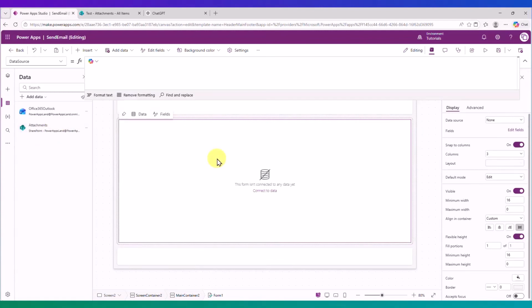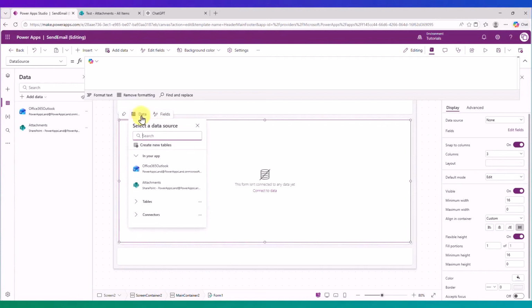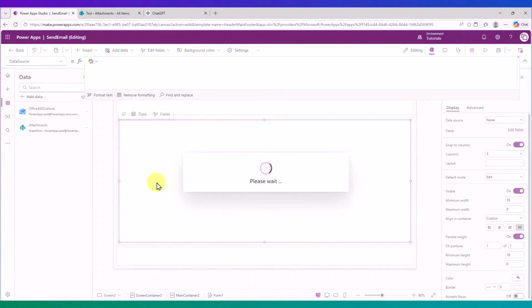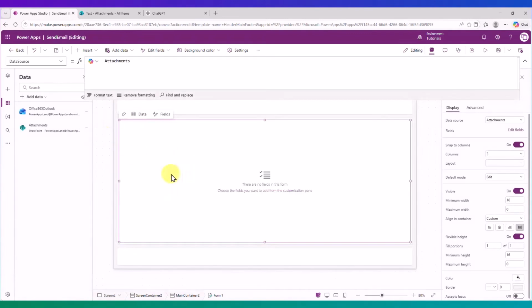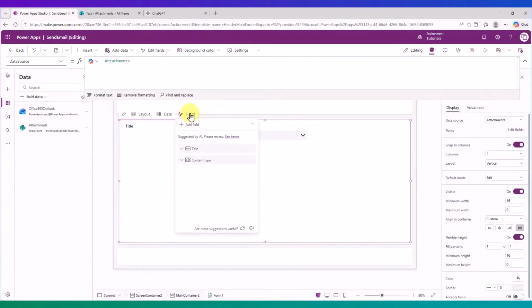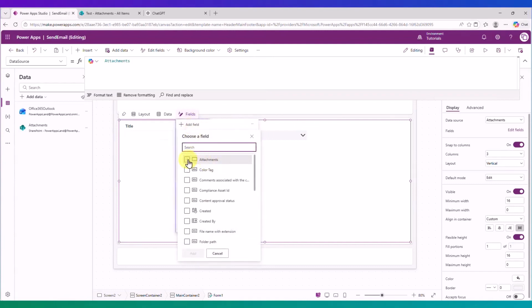Don't worry that we're not going to use SharePoint to add attachments. This is just because we need to get the attachments control. SharePoint will not be part of the end solution. So here, for the form, we're going to click Data, select Attachments, which is the attachments list from SharePoint. And here on Fields, I'm going to Add Field, and select the Attachments field that is created by default when